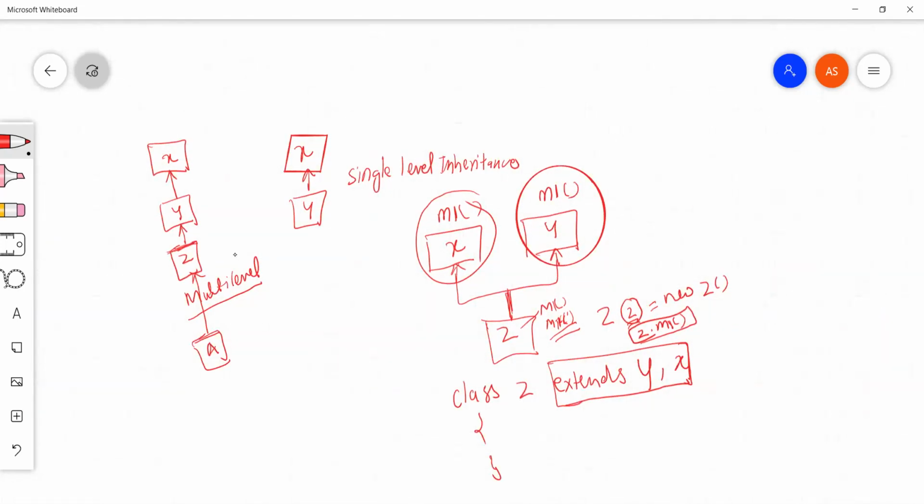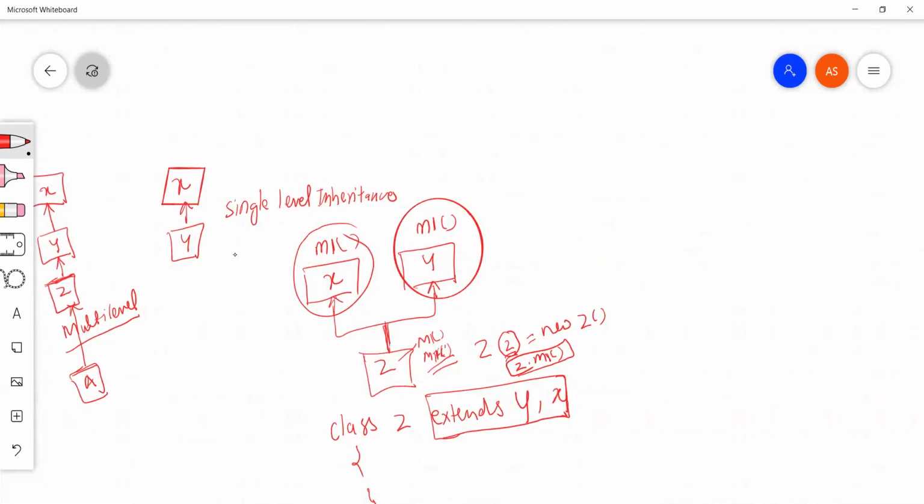Now some people say there is a concept of interface, using which we can achieve this. Let me discuss that as well. When we say class, I'm assuming these X and Y are classes. When these are classes, there would be some definition associated with these methods. But when we say interface, let me take